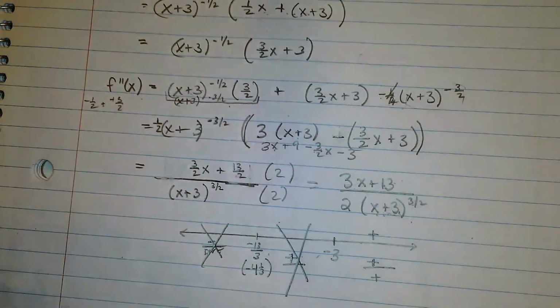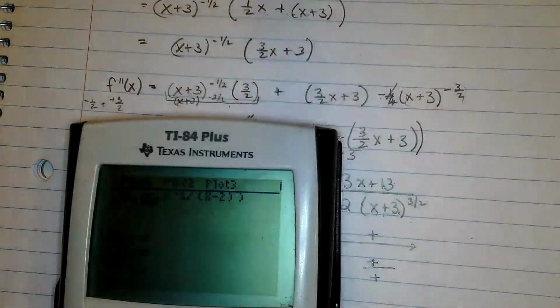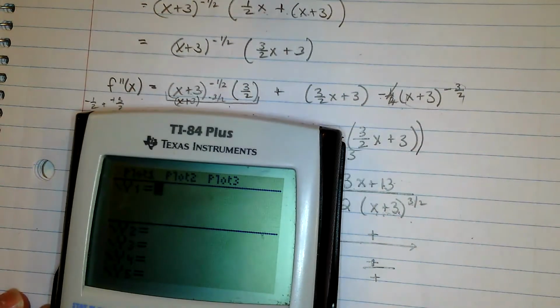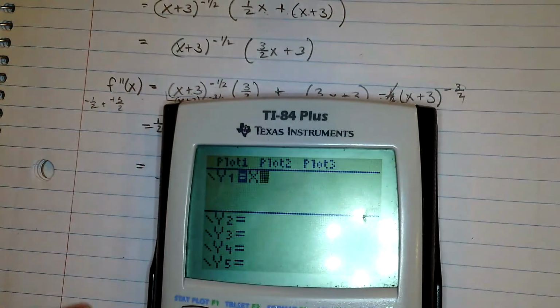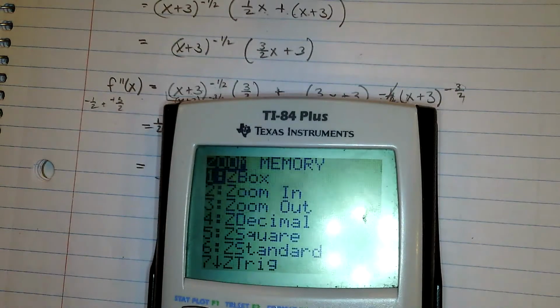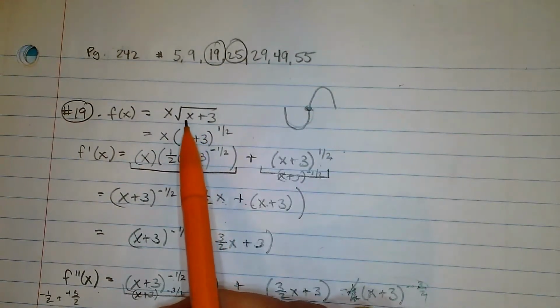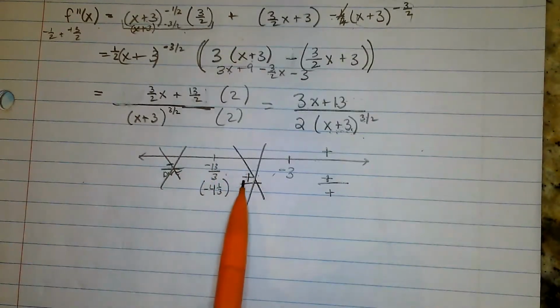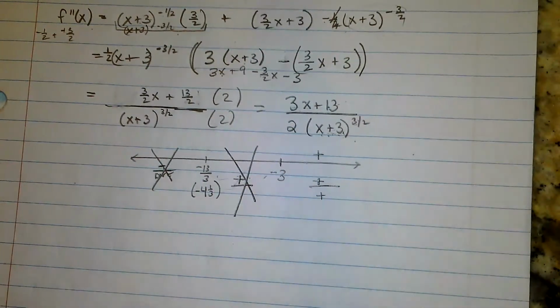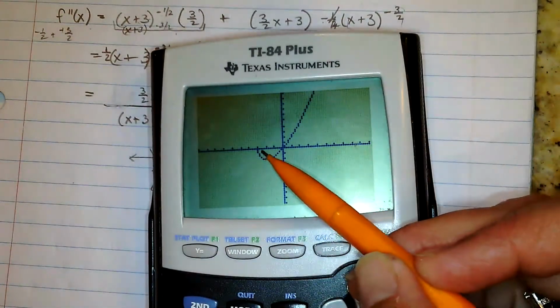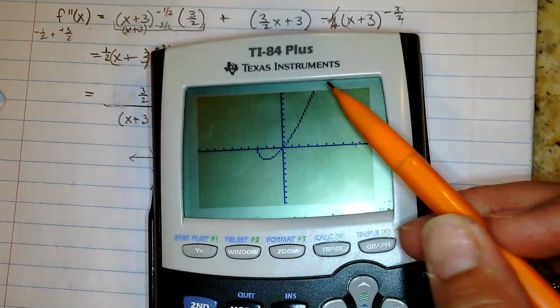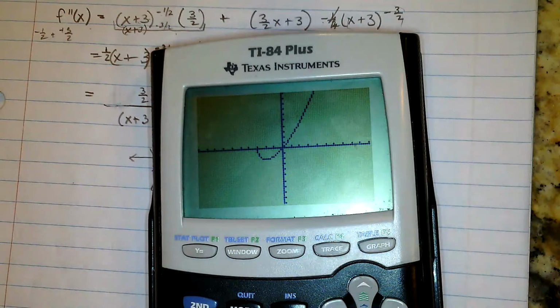So let's see what's going on here and why this is kind of tricky. x root x plus 3. So if you go back to the original function, it doesn't even begin to exist until negative 3. So the function doesn't even actually exist over here. And then after it, it's concave up the entire time. So here it is, starting at negative 3, and it's concave up the entire time, which means there are no